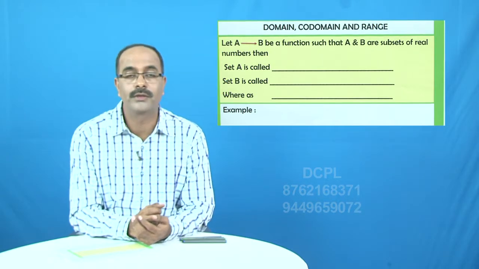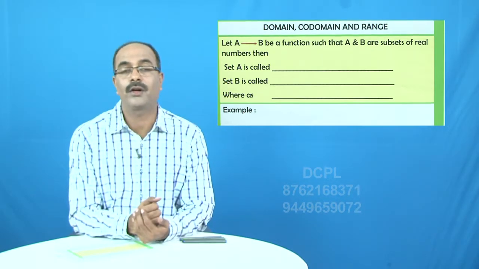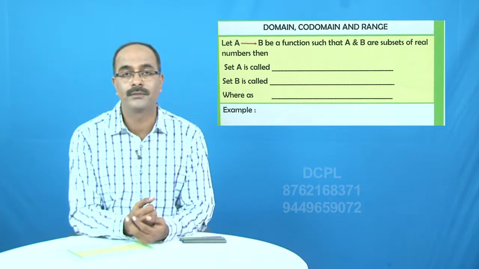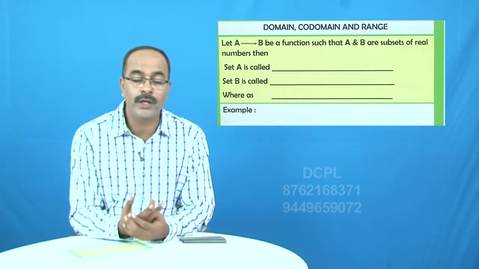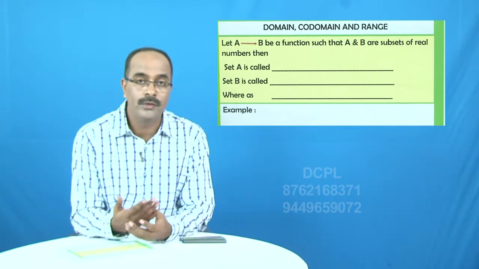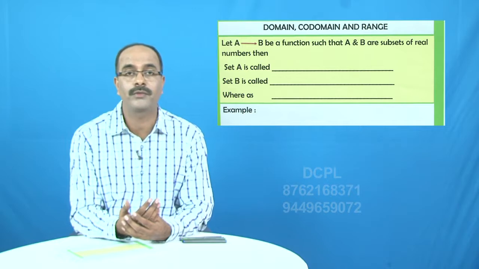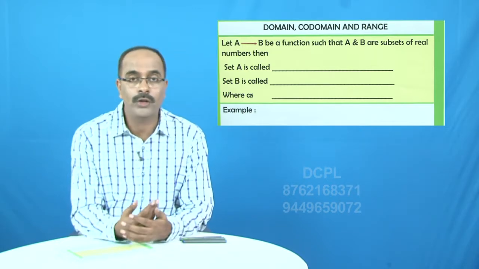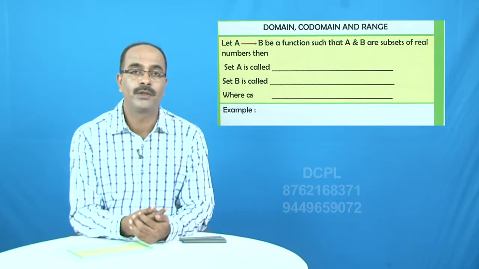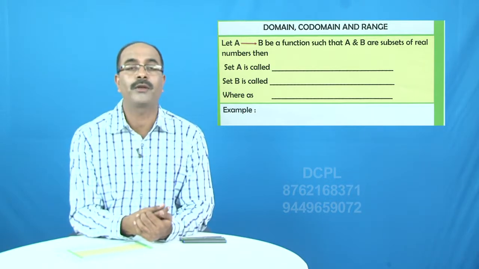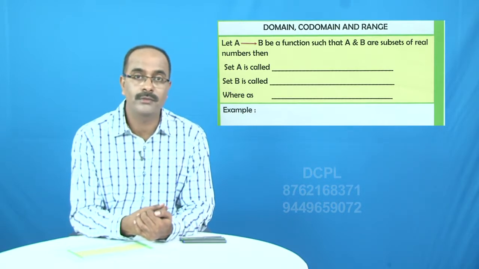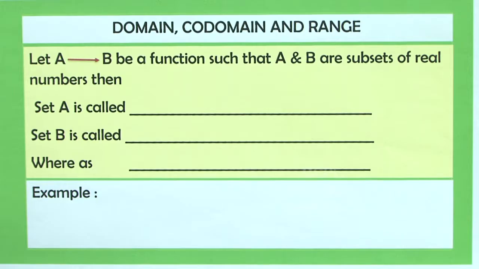Dear students, the entire chapter called function is based on a few basics. Whether the function is one-one, many-one, whether it is into, onto, bijective, surjective, and we talk about domain, range, codomain and all. Let us try to understand one by one. Let A be a function. Then the set A